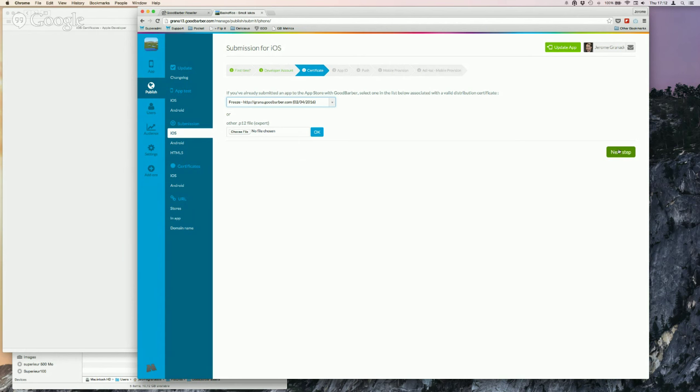Before clicking on this button, just a few words on this second option. So here, you can use this field to upload a distribution certificate associated to a private key to sign your apps. When to use this option? In fact,